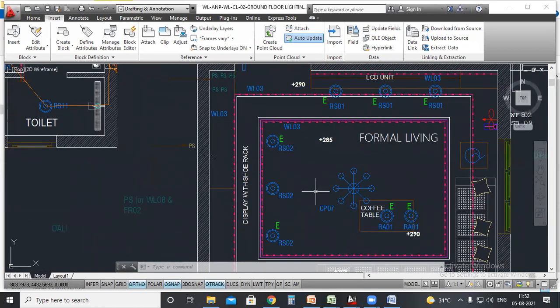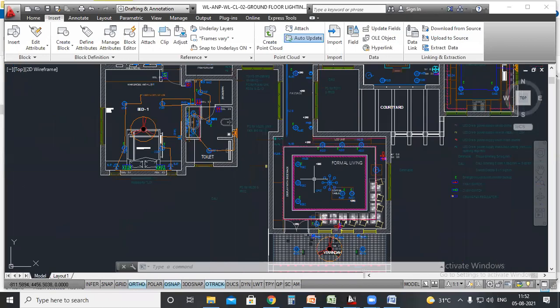In this lighting design, if you observe, you can see a lot of light fixtures, but it is actually based on the interior requirements. Okay. We have provided the light fixtures based on the interior because the client already shared the 3D images for the interior section. That is why we have provided this many light fixtures.